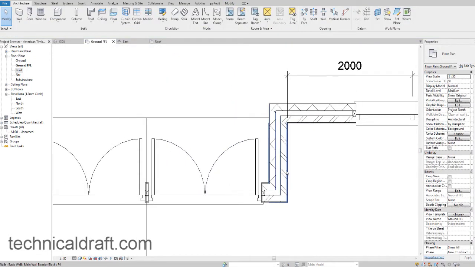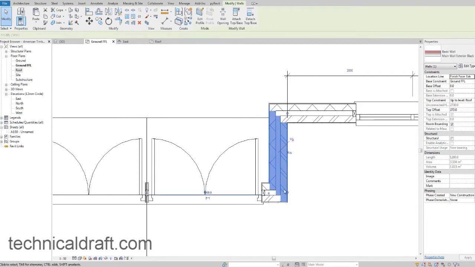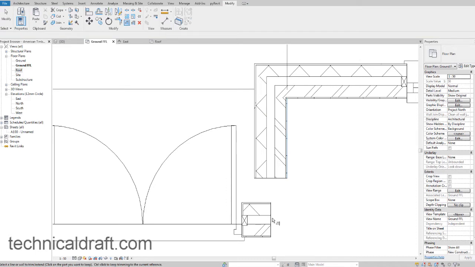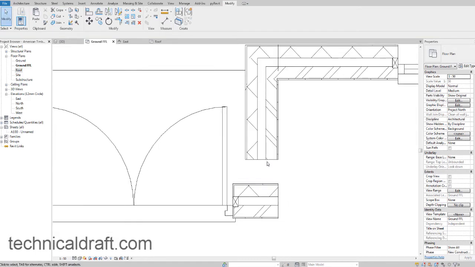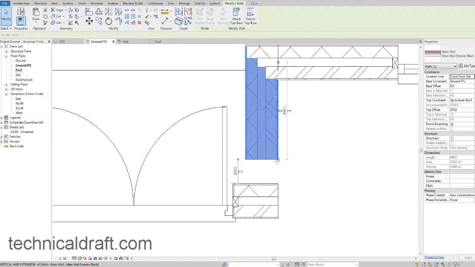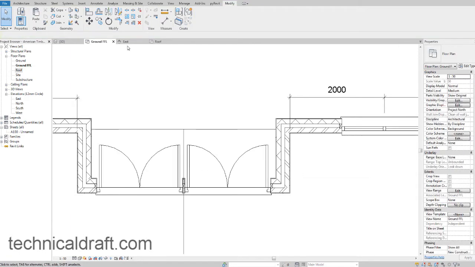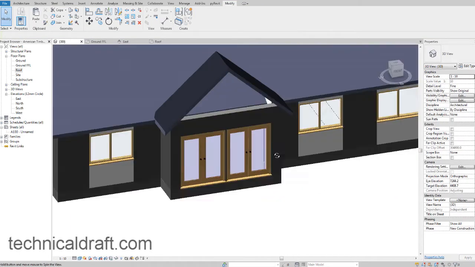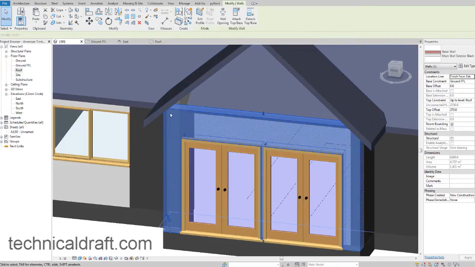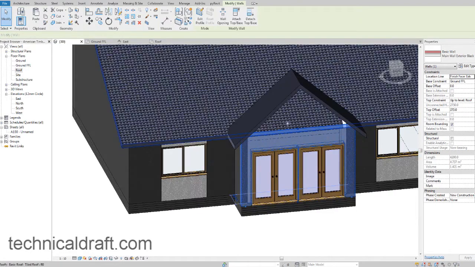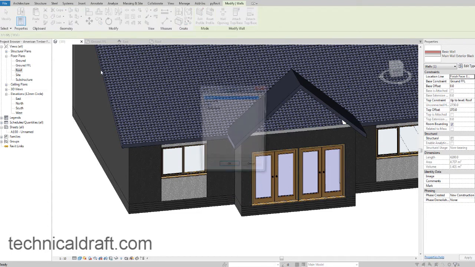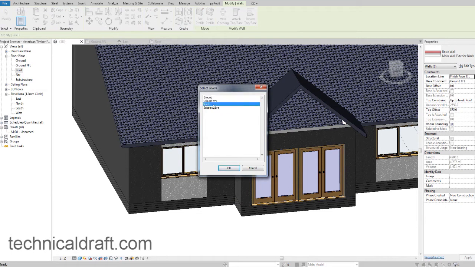Now watch carefully. Unpin, drag this back and select this and then trim it to the end here, and then drag this down to join here, and now it should be all the way from end to end. Copy, paste aligned to roof,